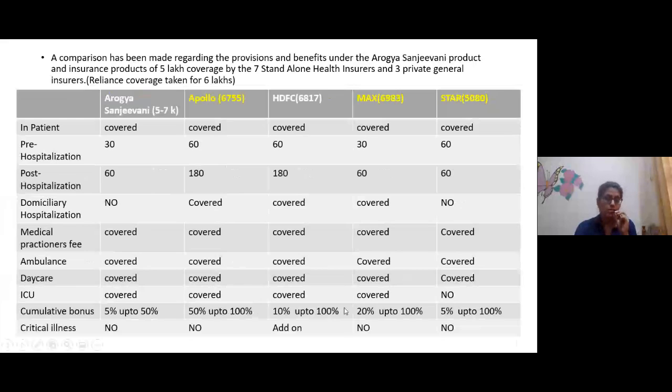One thing that we should notice is that because it's a 5 lakh coverage, critical illness is not provided, because that would have to be taken as an add-on. Here, HDFC provides critical illness at a very low cost. So does Cigna TKK. And Birla, the critical illness for 16 diseases has been